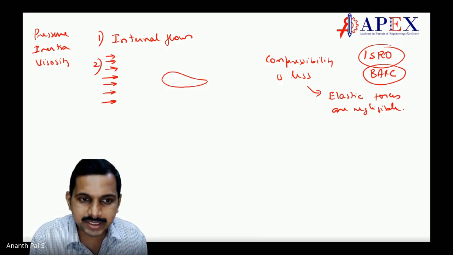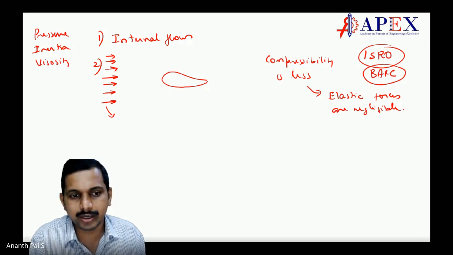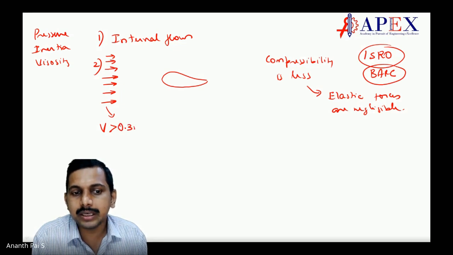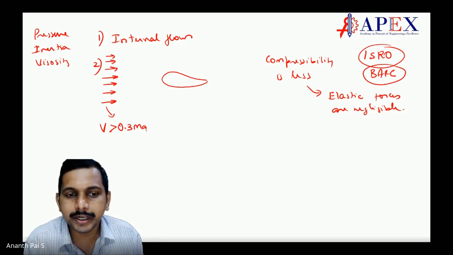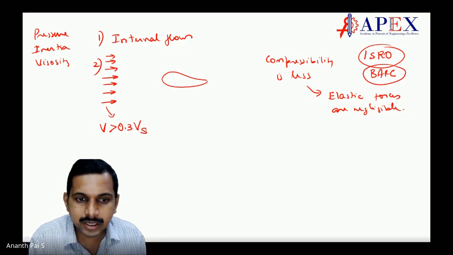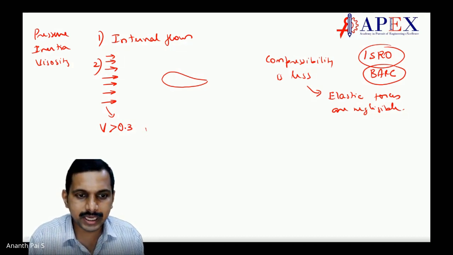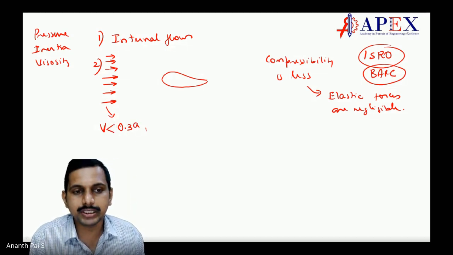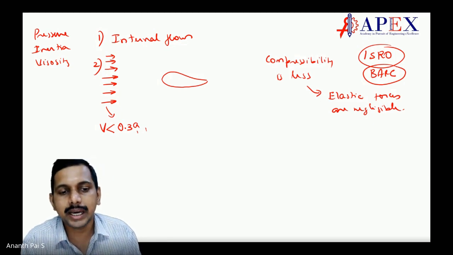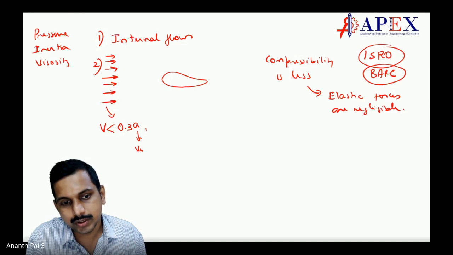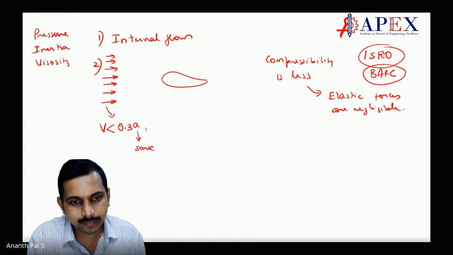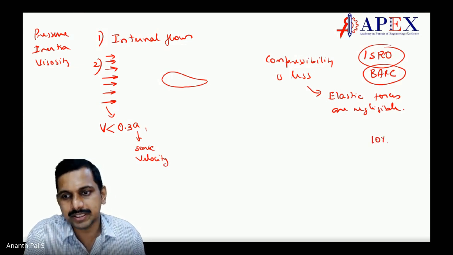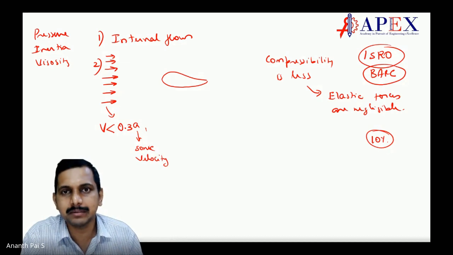It happens when the flow of air, the velocity, is greater than 0.3 Mach number, or 0.3 times the velocity of sound. Velocity of sound we have put as a. So what is happening? The coming velocity is less than 0.3 times the velocity of sound, the sonic velocity. Here compressibility is inside 10%. The compressible forces are less than 10%, so we can take it.